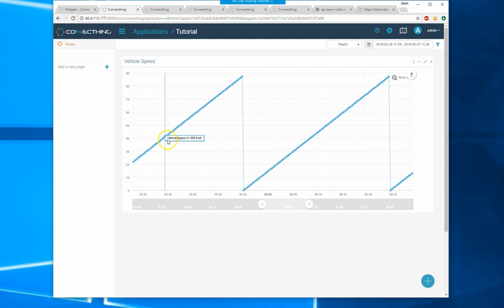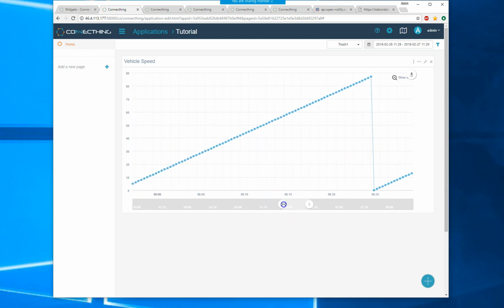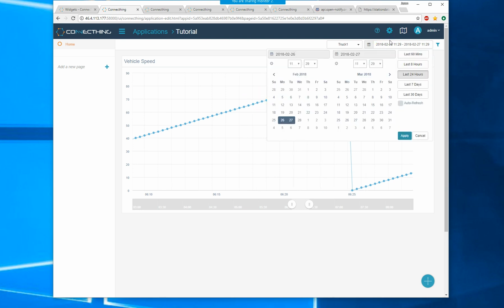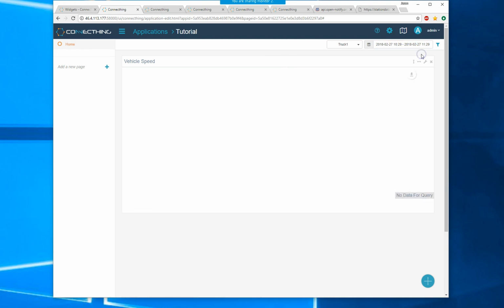And as I mouse through, I can see each data point. These are raw data points as they were uploaded, and I can see every value. So 64 kilometers, 65, 66, 67. Just a quick nod to the time filter again. So if I asked for the last 60 minutes perhaps, there's no data for this query at the moment because it was earlier. So the last 8